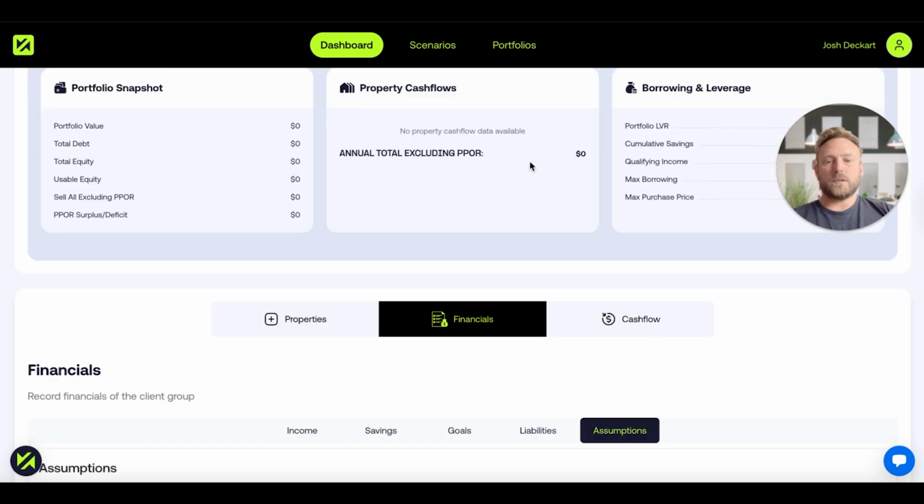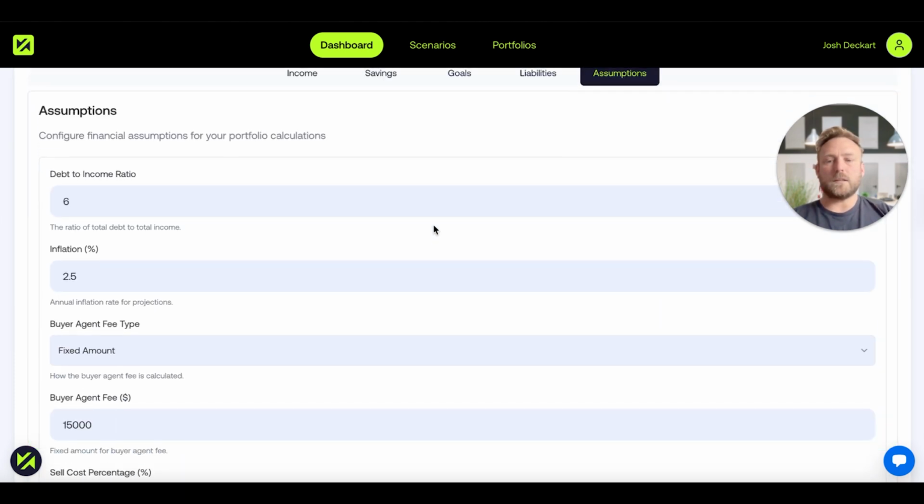Now, for assumptions, we have kept assumptions to a minimum. However, we still do need assumptions. DTI, debt to income ratio, is one of them. We've defaulted to 6, which is a pretty standard practice. However,